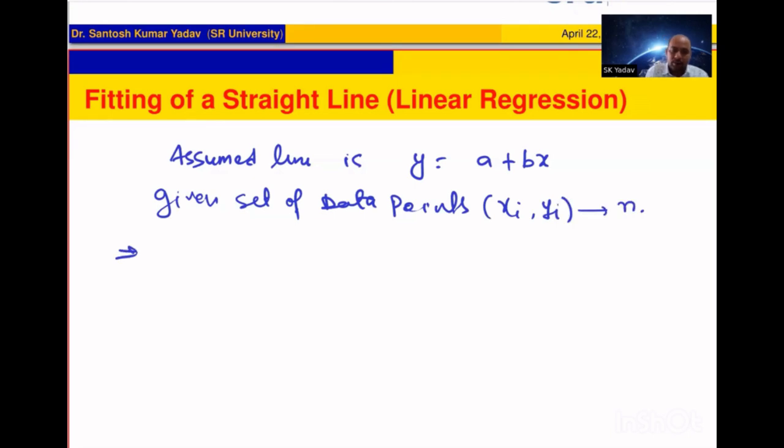So this means we have to write now the normal equations. The normal equations we have already obtained, and a simple way to write them is,